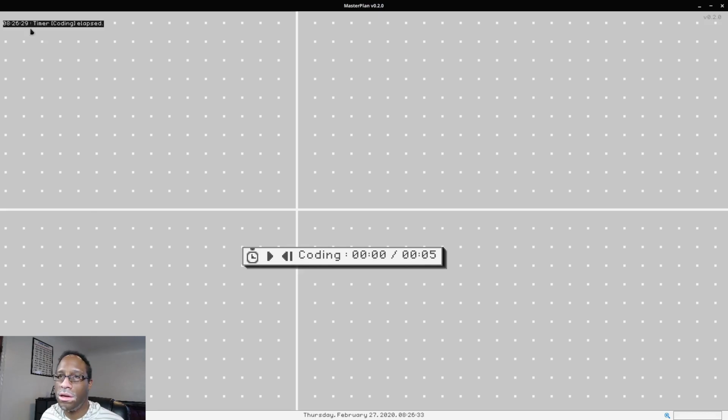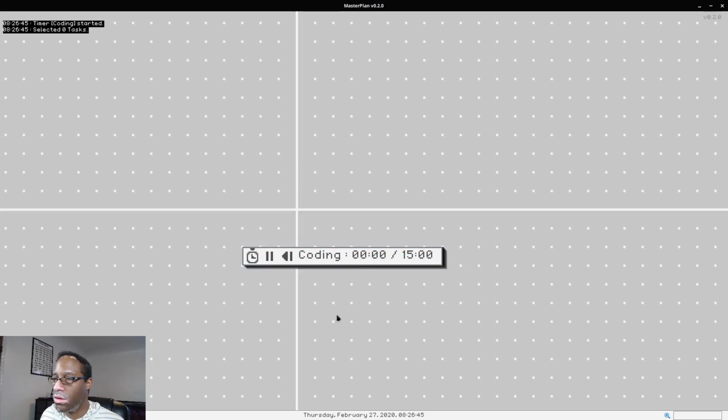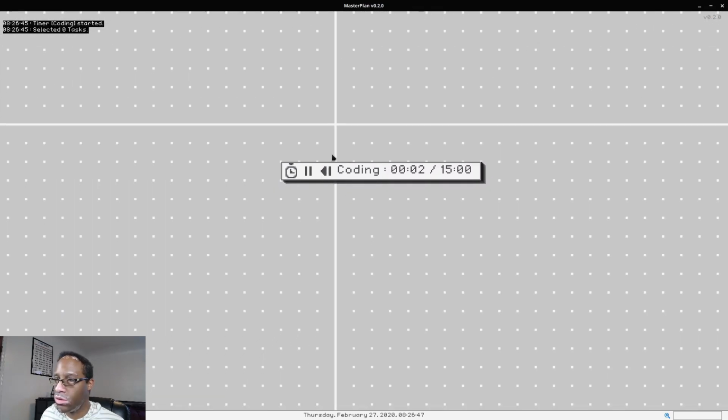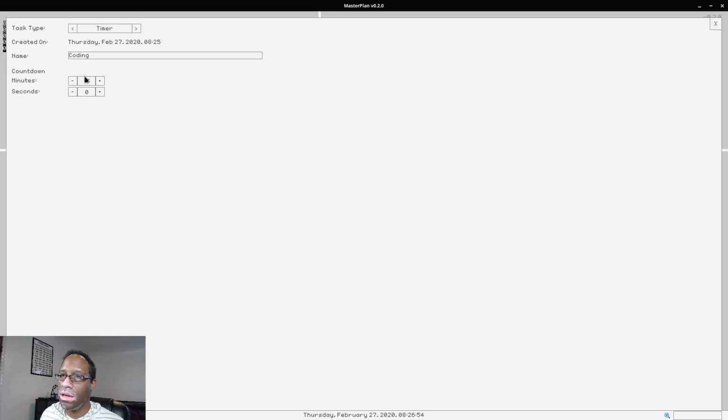There you go. So you get a nice little notification that says timer has elapsed with the name of it. And so this way you can have something like a 15-minute timer for coding, and then you're good to go. And if you have timers in sequence vertically, like so, then they will execute in sequence as well. So you can have something like coding and art for, let's say, 15 minutes each, separated by a break of, let's say, 5 minutes, right?